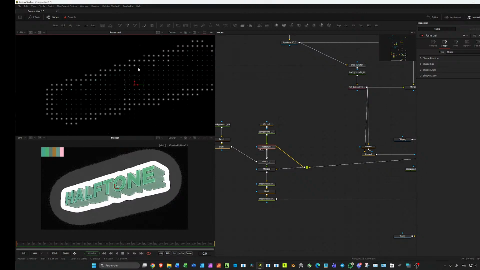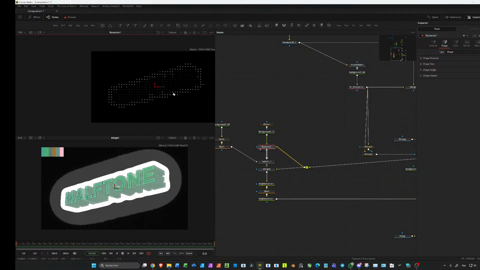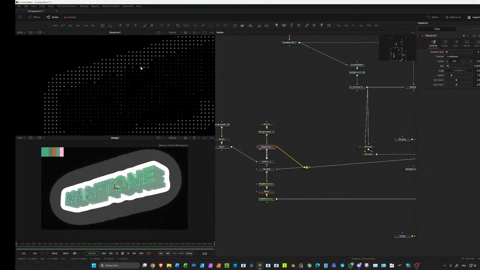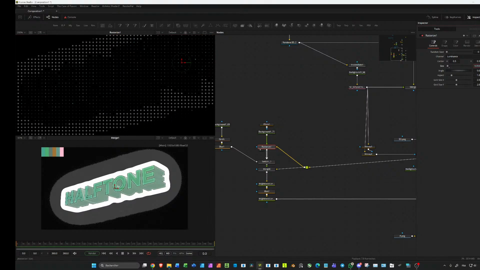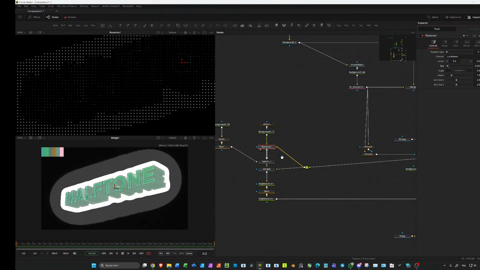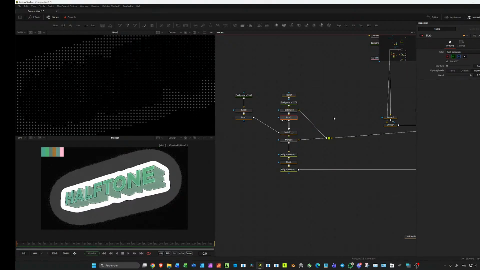Let me disable the black background like this. Now we can change the shape and the size of the rasterize to be very, very low. And now if you look at the setup that we've made, let me add another blur to blur it a bit more. If you look at this result,